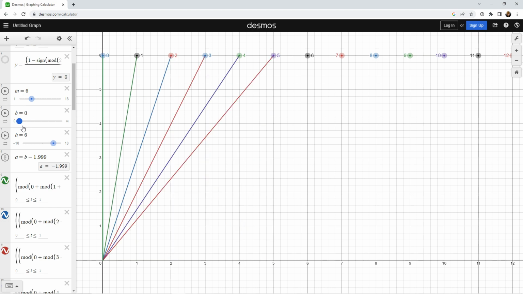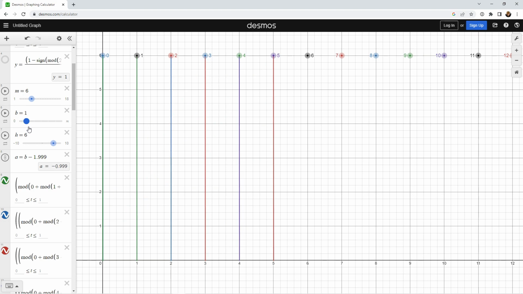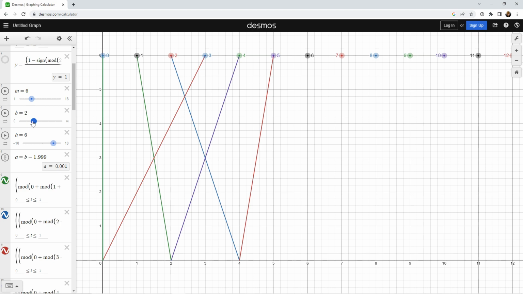Now, something that is interesting or of note is that the elements that are sent to the identity, in this case for addition the identity element is 0, are called the kernel of the endomorphism. So here, the kernel includes 0 and 3. And the kernel is always a normal subgroup of